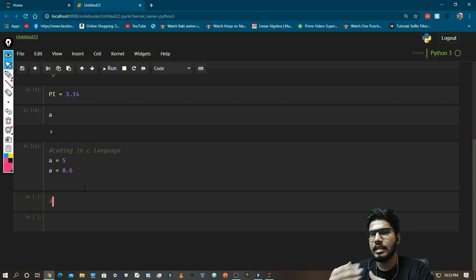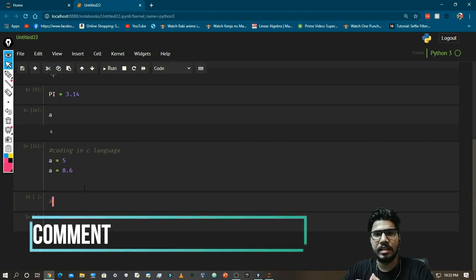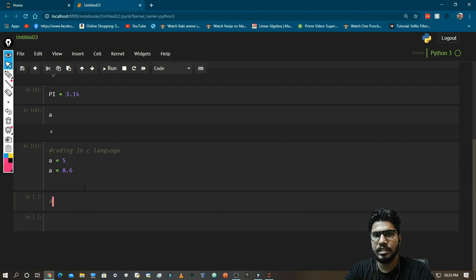Now, the next thing I want to talk about is comments in Python. So, what are comments? Basically, comments are nothing but those lines which are only going to be used by any programmer who is going to read your program. For example, let's say I'm making a program to convert Celsius into Fahrenheit. But if another programmer sees that program, how is he going to figure out whether this program is converting Fahrenheit into Celsius or Celsius into Fahrenheit? So comments are helpful for the programmer.